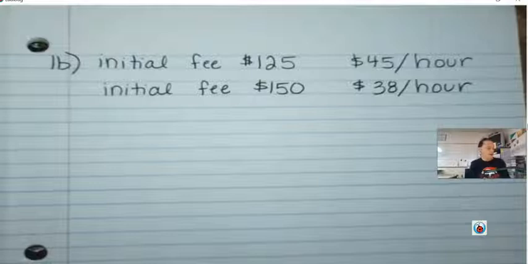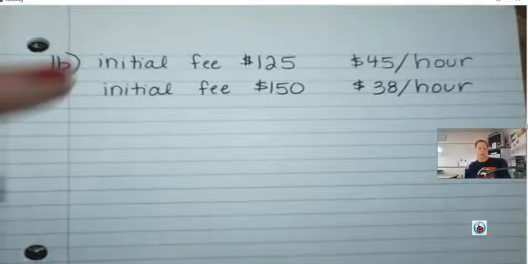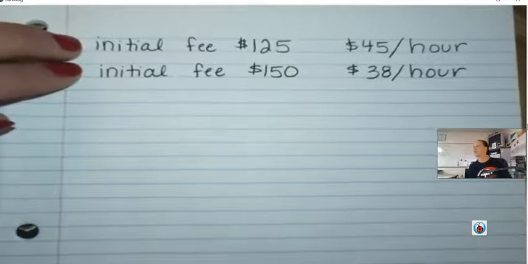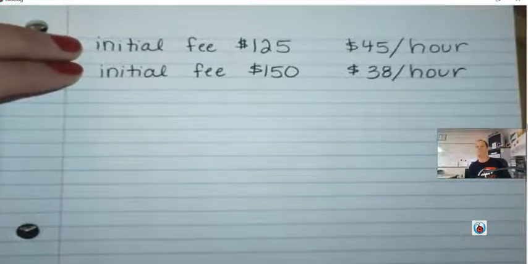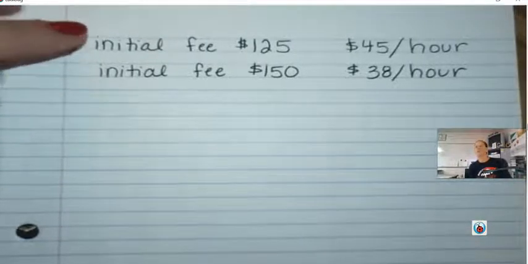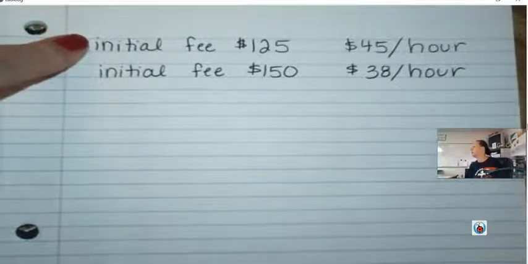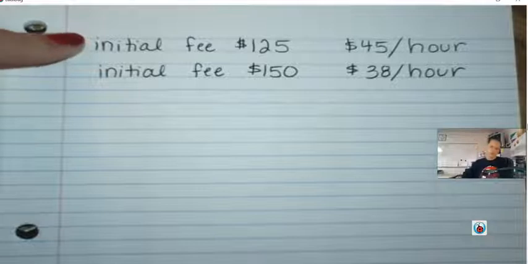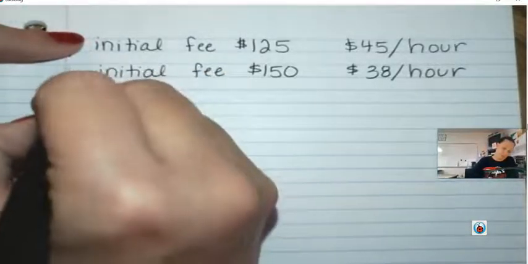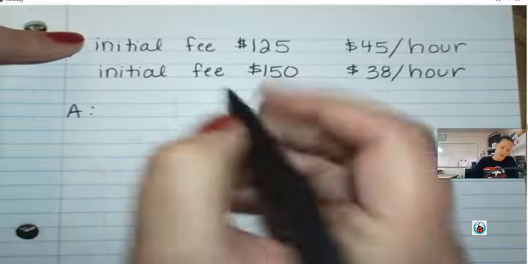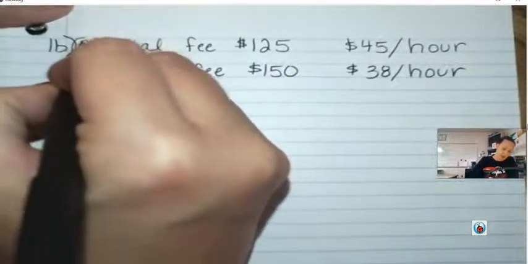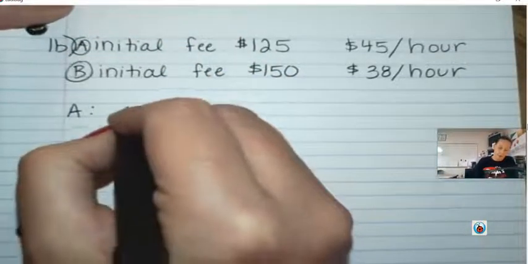For what number of hours will the two electricians charge the same amount of money, rounded to the nearest tenth? The first thing we're going to do is write the equations. Go ahead and write two equations in slope-intercept form. Write an equation for this top electrician. Y equals... This is electrician A, this is electrician B. Electrician A will be Y equals,